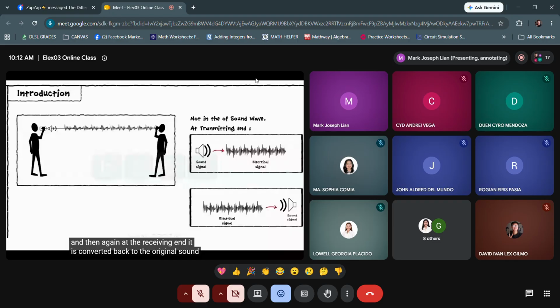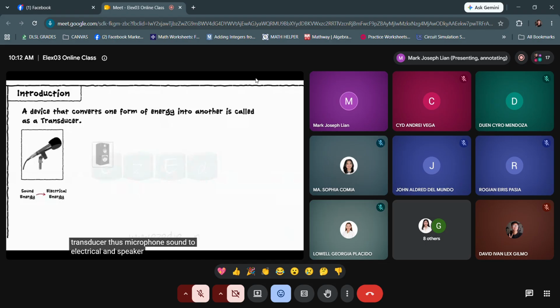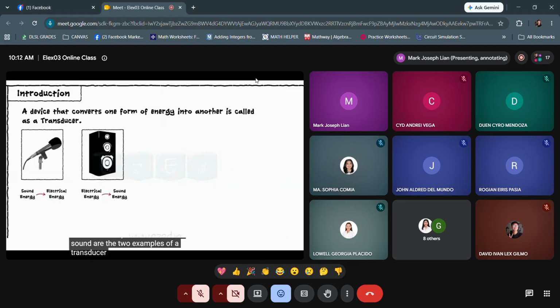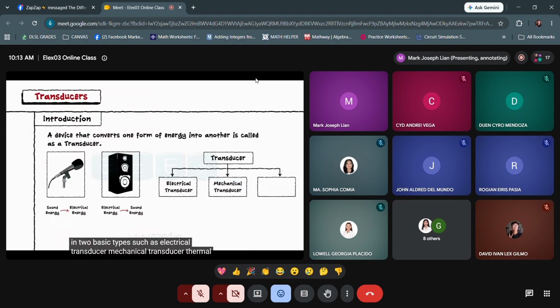A device that converts one form of energy to another is called a transducer. Thus, microphone, sound to electrical, and speaker, electrical to sound, are the two examples of a transducer. Depending on the principle of operation, transducers can be classified into basic types such as electrical transducer, mechanical transducer, thermal